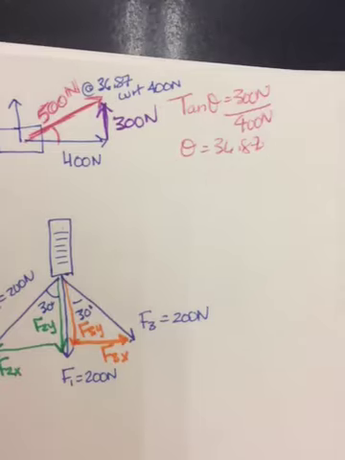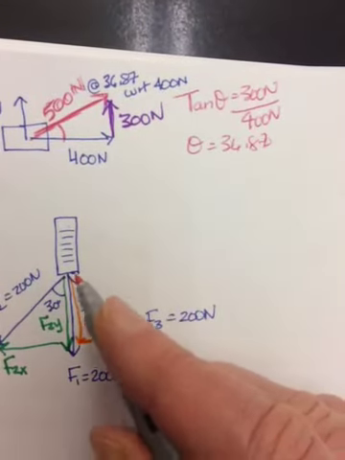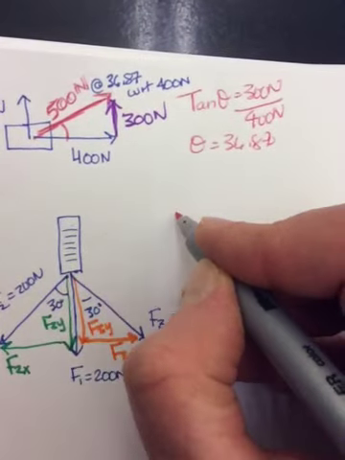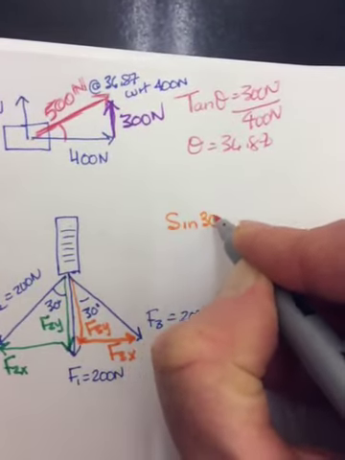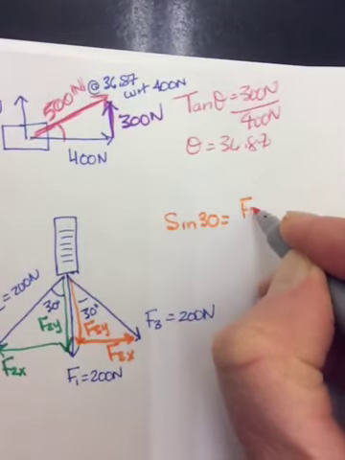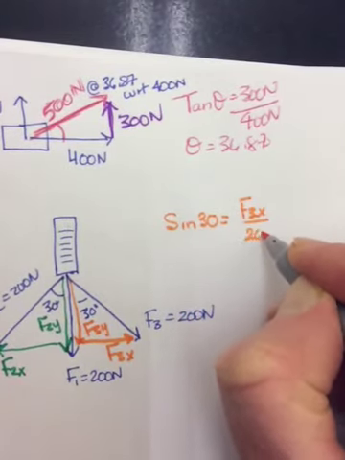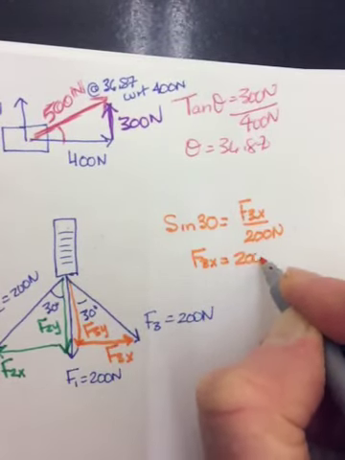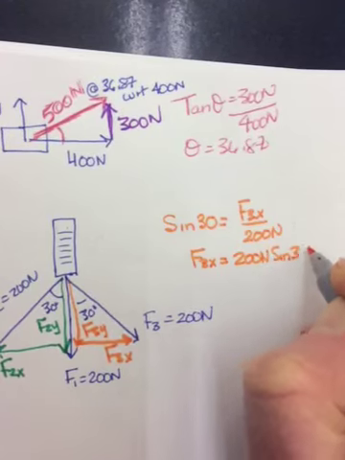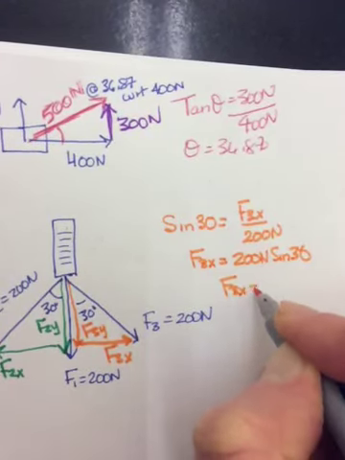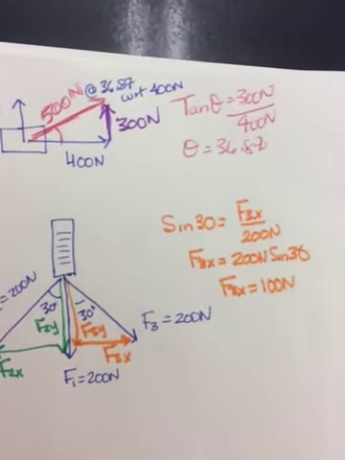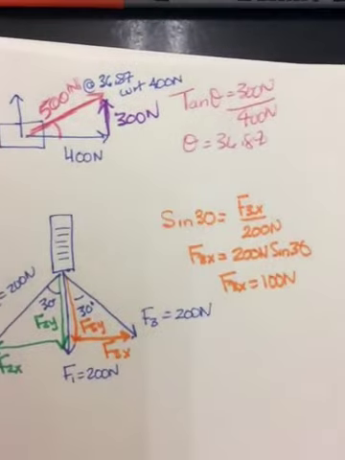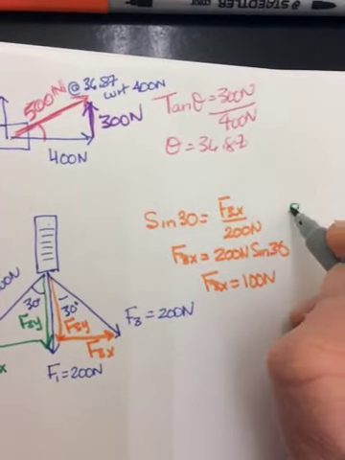Now we can prove the x's cancel each other out. F2x and F3x, they're the opposite sides, so they would be sine. So sine of 30 degrees is equal to F3x over 200 newtons. So F3x would equal 200 newtons sine of 30. So F3x would equal 100 newtons going one way. And if we did exactly the same thing for number 2, we would get the same, because it's exactly the same numbers, right? Sine